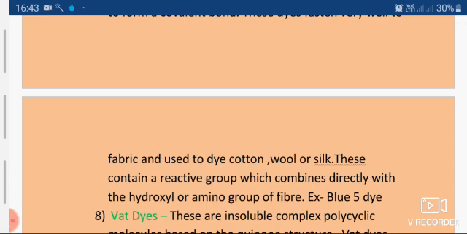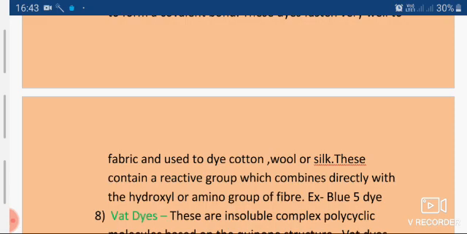These contain a reactive group which combines directly with the hydroxyl or amino group of fiber. In reactive dyes, at least one active site is present that reacts with the hydroxyl or amino group of the cloth or cellulose,